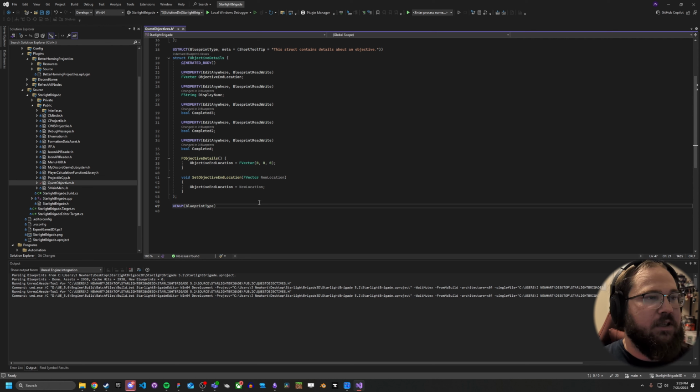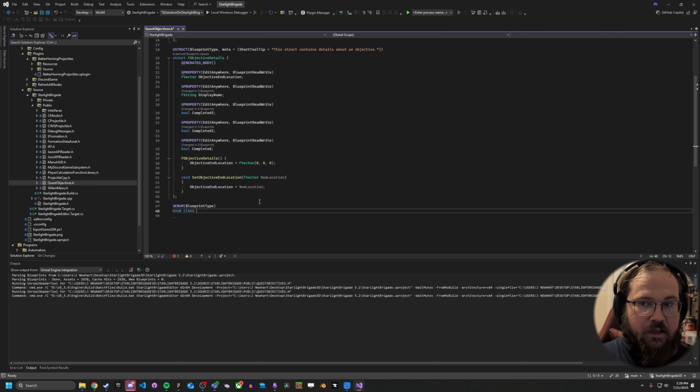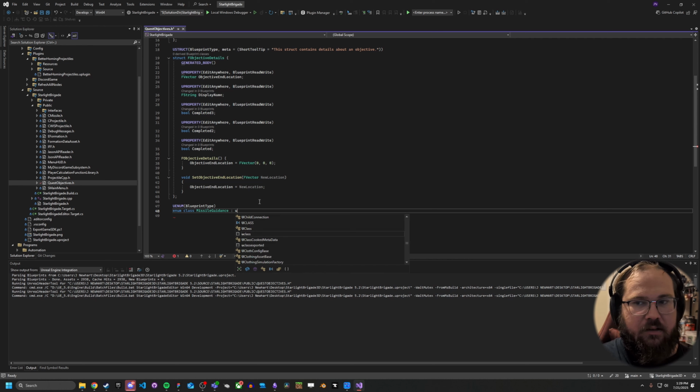This makes it so that it can be used inside of blueprints. And then we're going to say enum class, and let's just call this MissileGuidance. This will be for my game, and this will be a uint8,